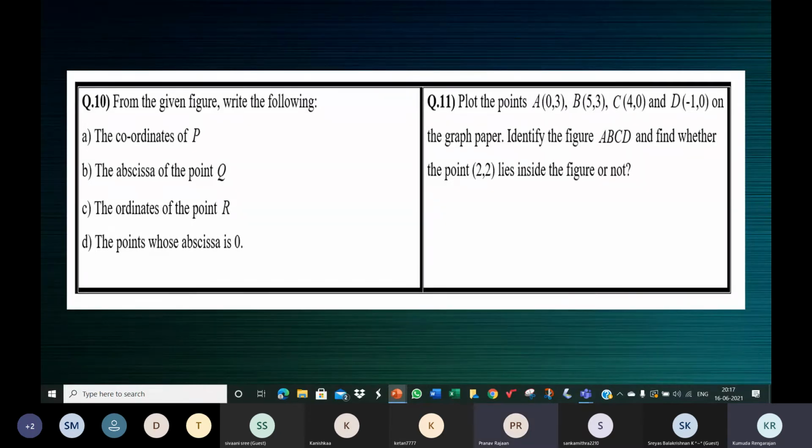Ma'am, it is a trapezium, a parallel. Why? Because the opposite sides are parallel. Opposite sides look parallel, no? Parallel, yes, ma'am. Okay, so there is this property. You'll be seeing this later in the chapter quadrilaterals. So a quadrilateral is a parallelogram if one pair of opposite sides is parallel and equal.